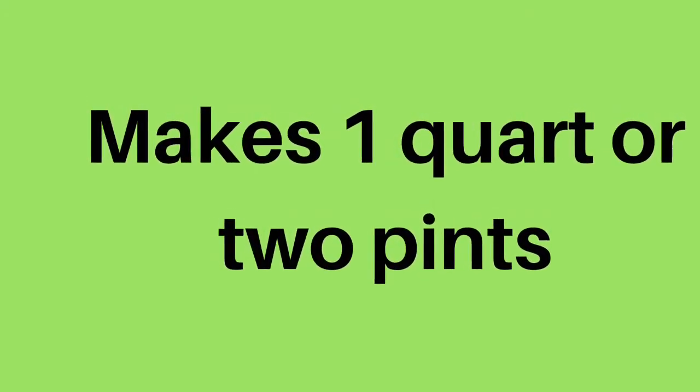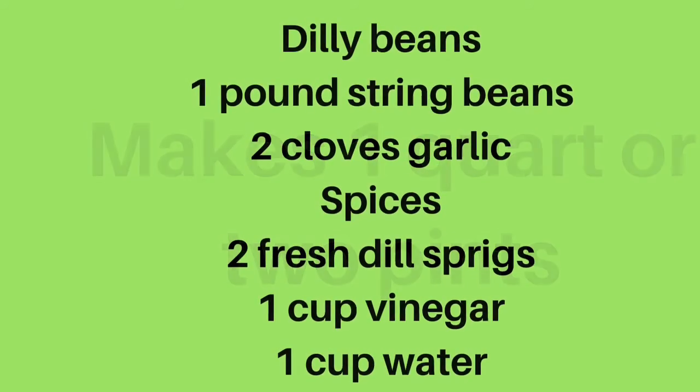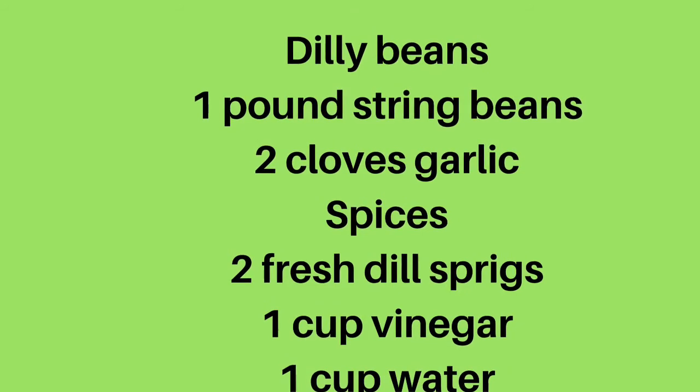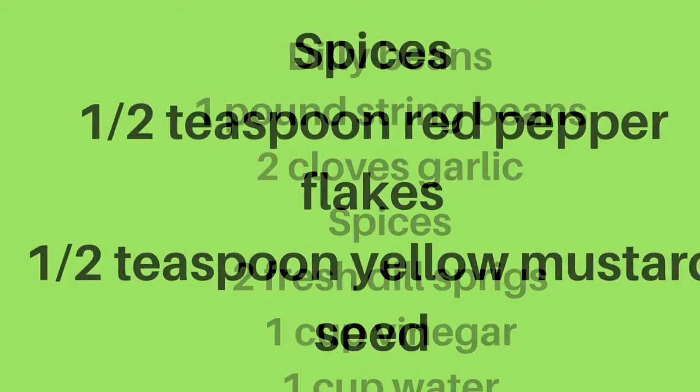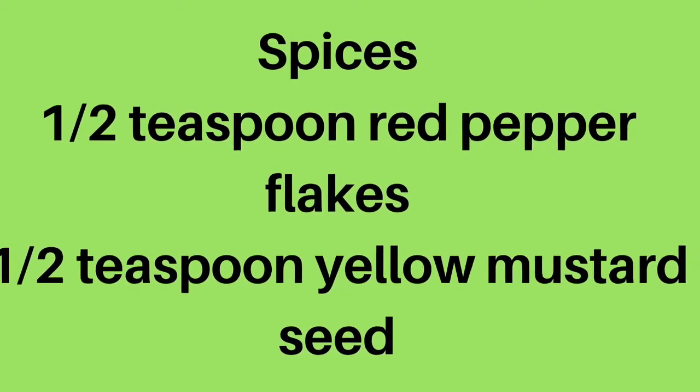This recipe makes 1 quart, 2 pints, or 4 half pints. Dilly beans: 1 pound beans, 2 cloves garlic, spices, fresh dill, vinegar, and water. For spices today, we're going to use a half teaspoon of red pepper flakes and a half teaspoon of yellow